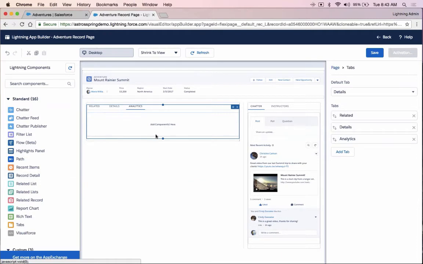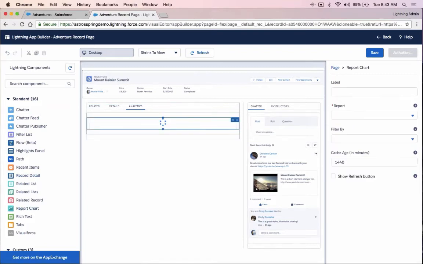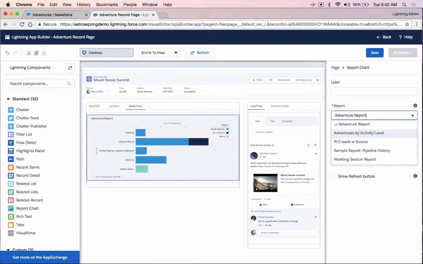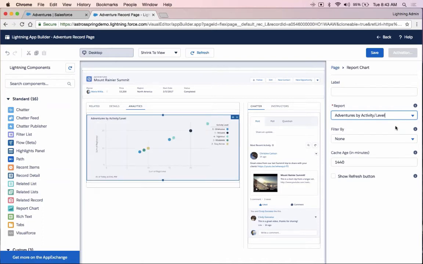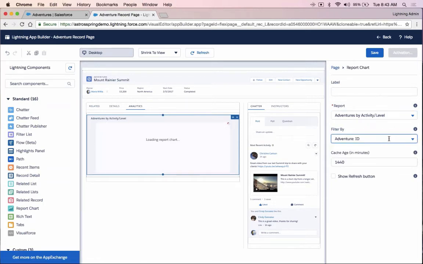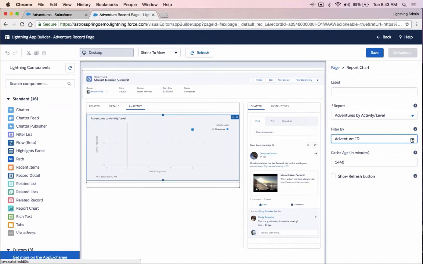I'm adding this tab and creating a place to put something, but there's nothing in it yet. So I'm going to drag the report chart component on here, and I've got my adventures by activity and level. I've got my nice scatter chart that I built with Lightning Report Builder here, and I could define it by a specific adventure if I wanted to, and show me where we are with this, like how hard is it, how many registrants are there,